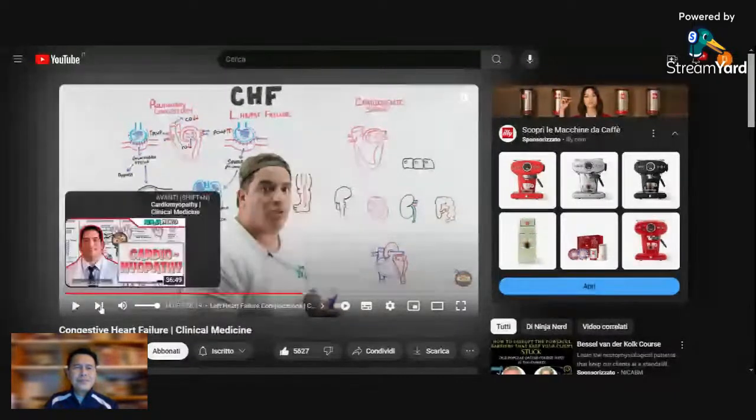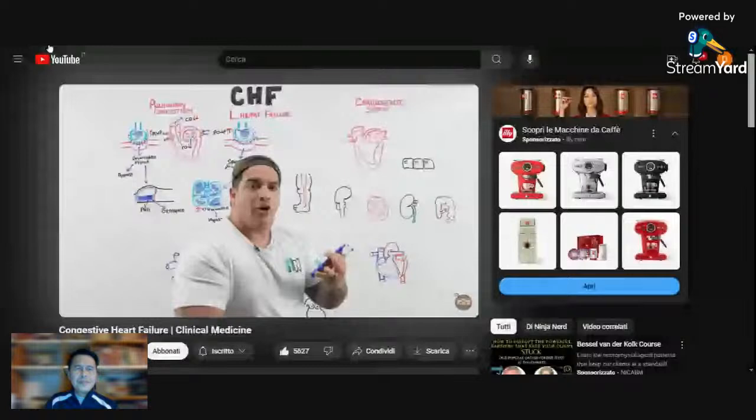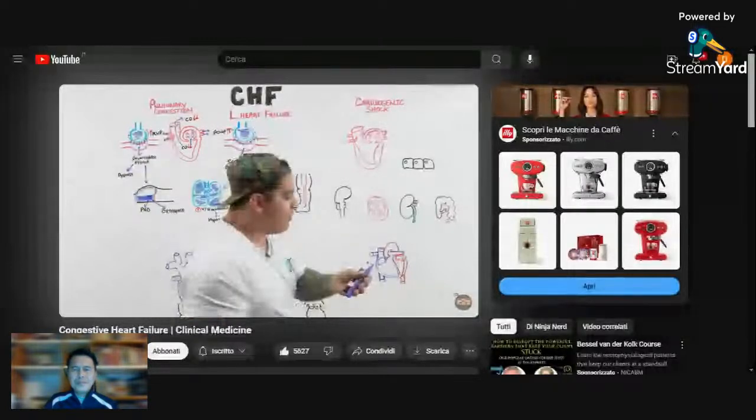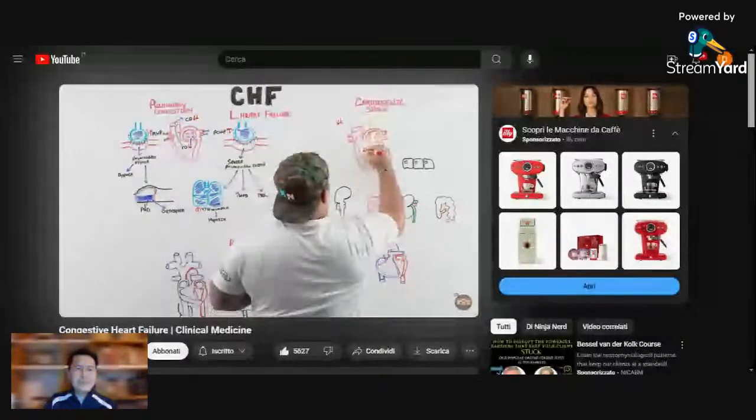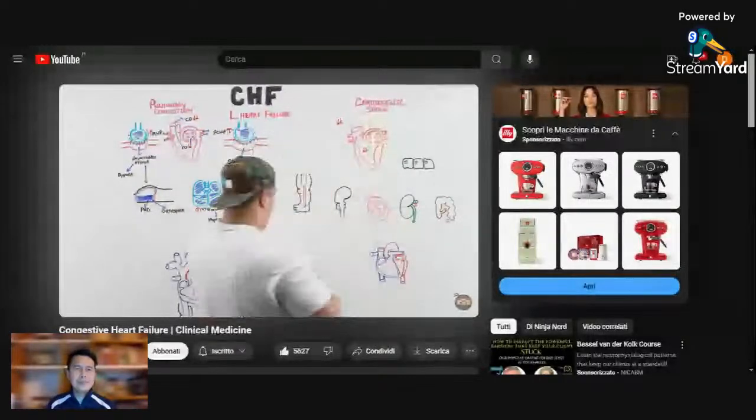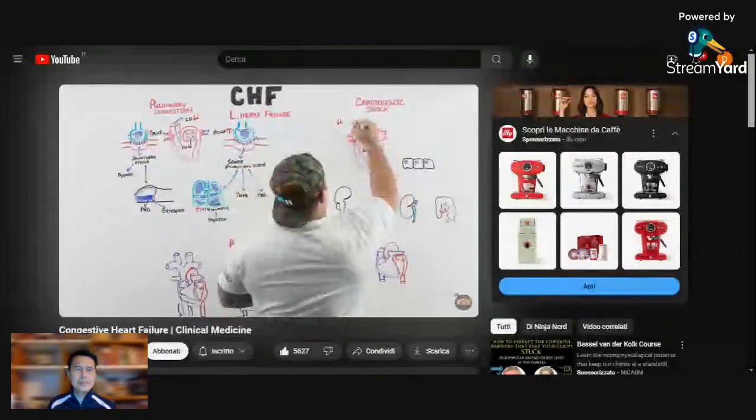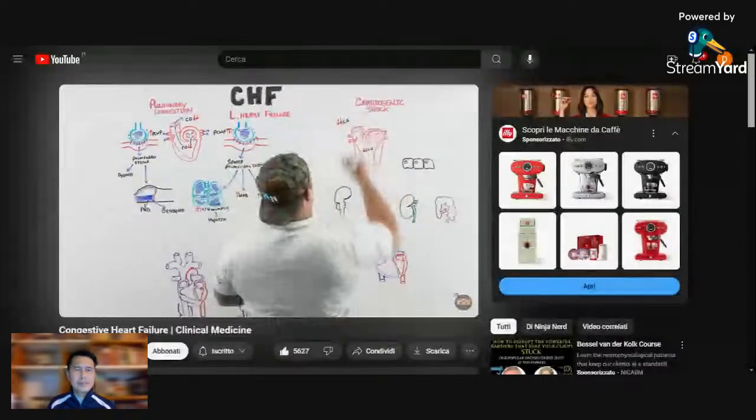Trigger here that can happen is an MI, a massive arrhythmia, or you stop taking your medications. These are very, very common triggers. Now, again, same concept. The patient has a massive drop in their cardiac output. If you drop their cardiac output, you're not going to be getting a blood flow out of their heart. When you don't get enough blood flow out of the heart, particularly enough volume, you drop that out, what happens to their perfusion? That systemic perfusion goes down.